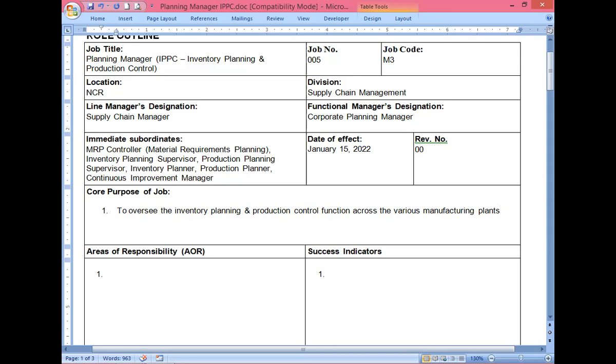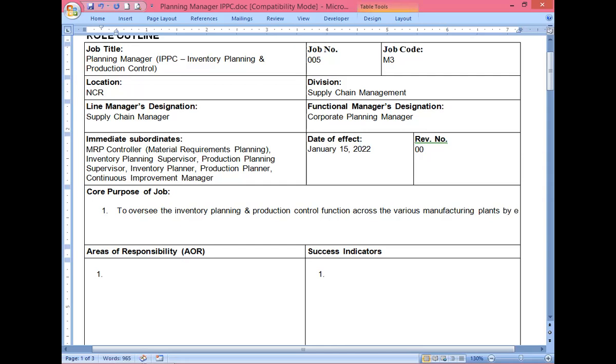Like big companies such as San Miguel Corporation, Pure Foods, and other large organizations. They have multiple plants, right? Strategically placed across the country. Okay, that's what they do. That's why I say manufacturing plants here. Now see the second part. I always say it: the first part will start with "to oversee the planning," and the second part would be "by." That would always be the case, right?